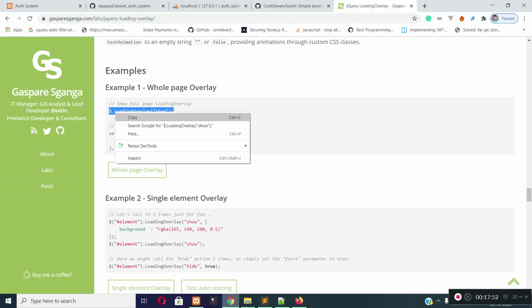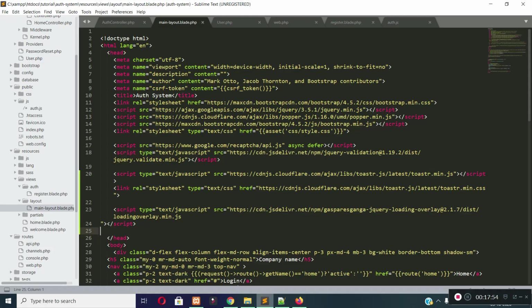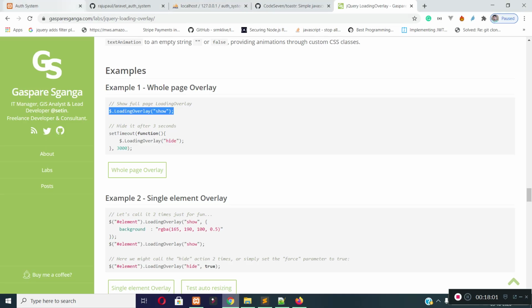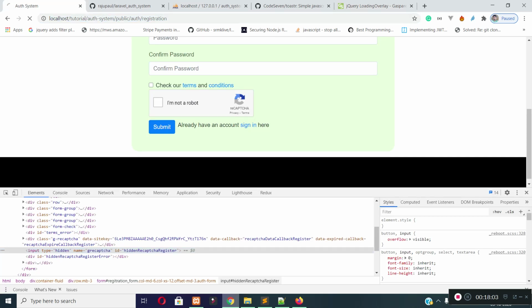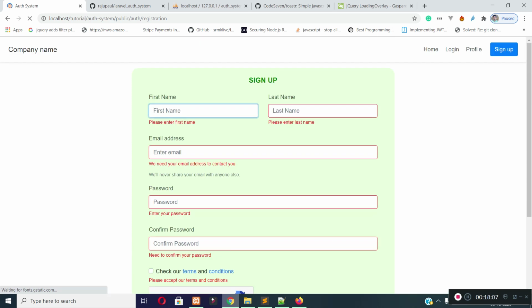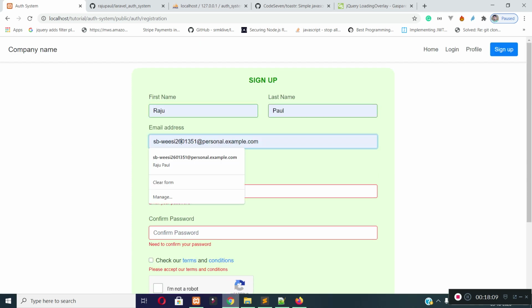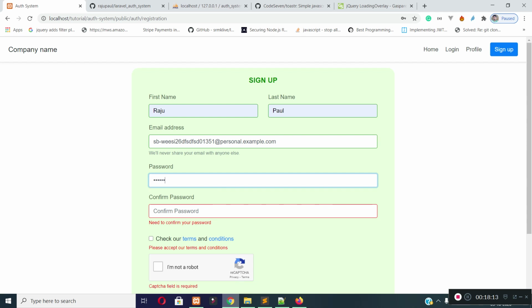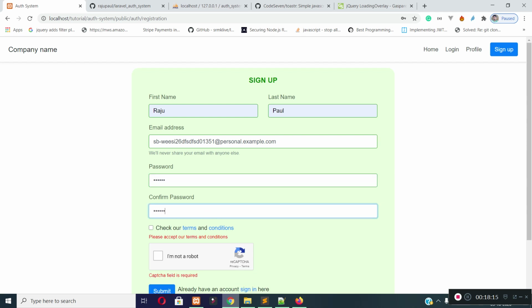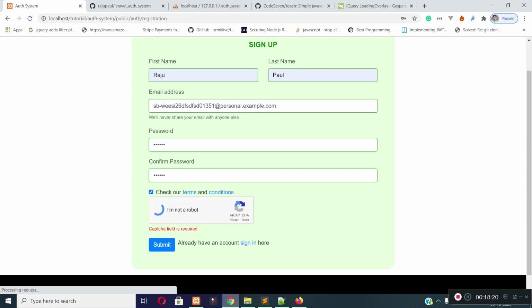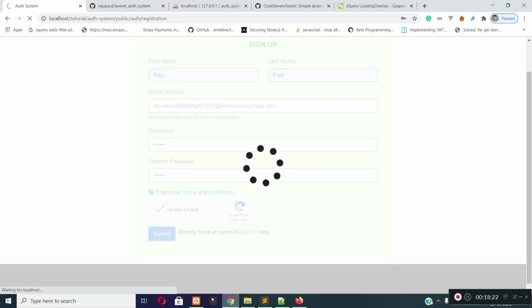So let's copy this from here and paste it in the submit handler of our registration form. Now refresh the page, and insert some correct values in the registration form. And submit the form. You can see there is a loader.